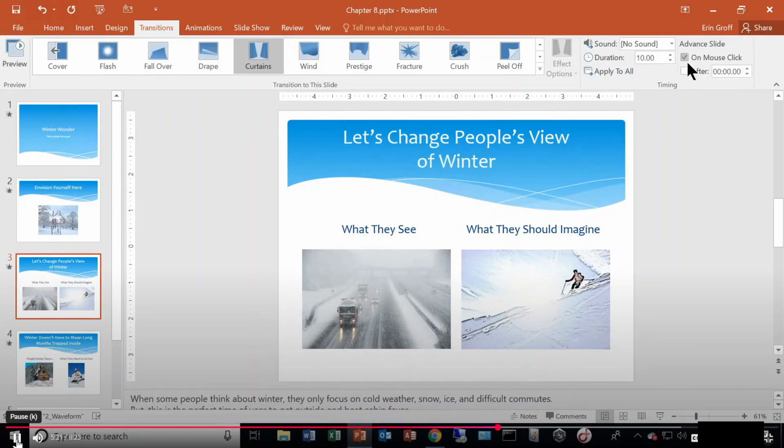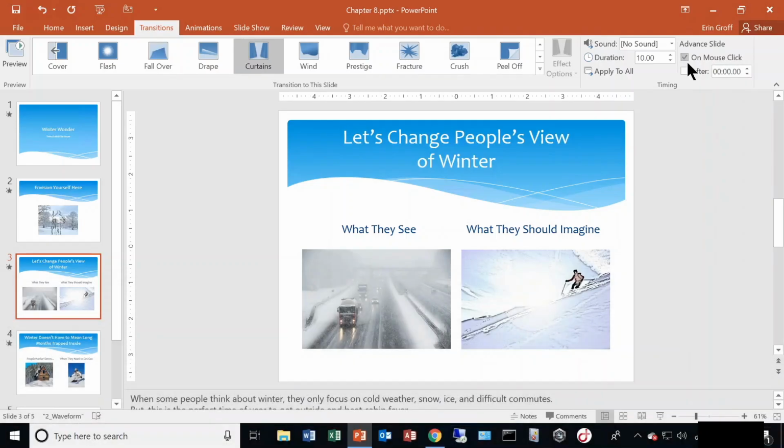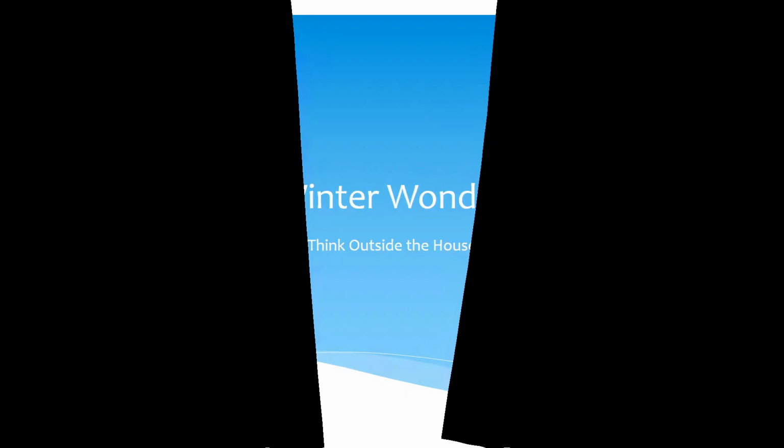By default, everything is set to advance in your slideshow mode when you click your mouse, hit your space bar, your enter key, whatever you use to manually transition. But you also have the option to automatically transition. By checking this after box and setting a time, let's say 5 seconds, and I'm going to apply that to all. When I play my slideshow out now, it's going to play the transition out, and as soon as the